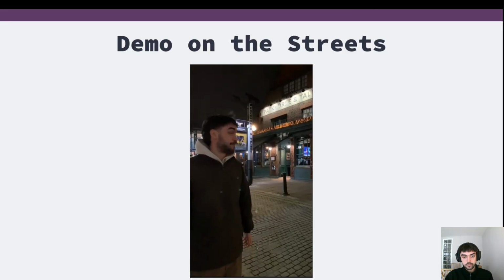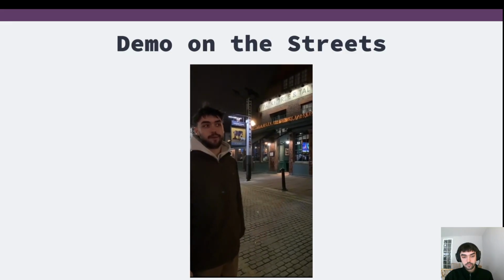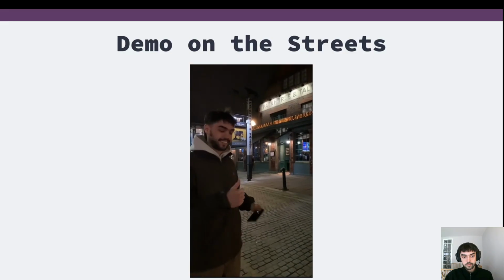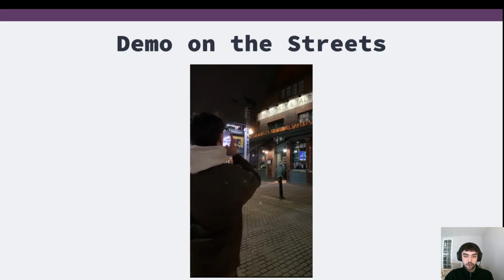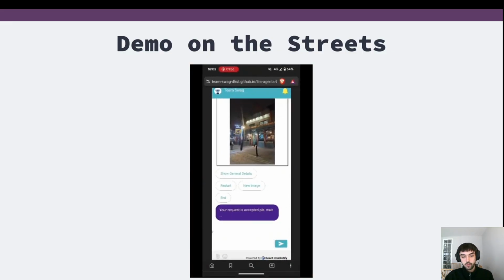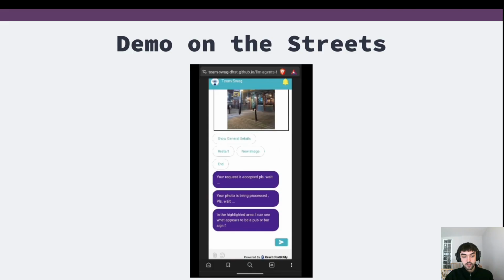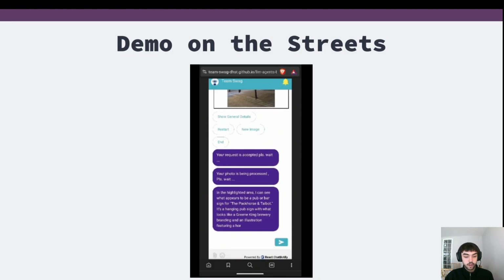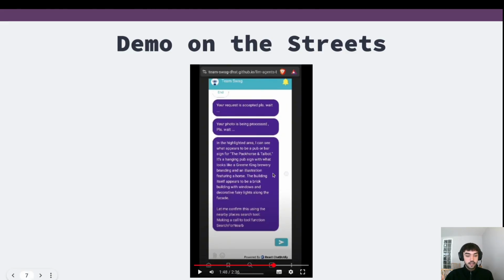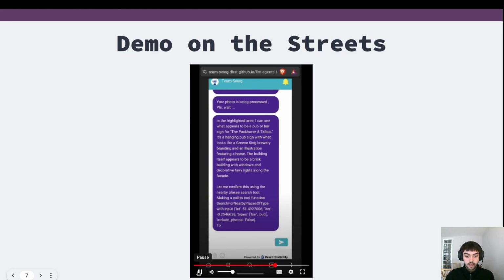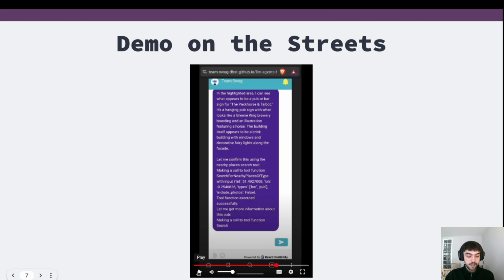Cool. We're at the Pack Horse in Talbot, and we're going to see what it says about it. So here I am taking a photo of a pub called the Pack Horse in Talbot, and we're going to upload it to the system in the same way that we did before, and hopefully it will tell us some information about it. Again, it correctly recognizes this is a pub and that it's a Greene King brewery, which I think is really cool. Before starting, in this case, it's actually going to confirm that we're nearby,